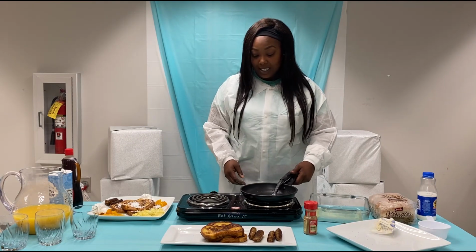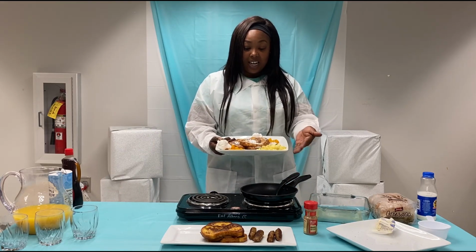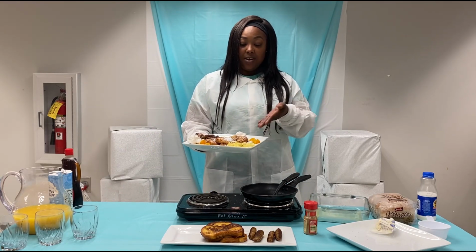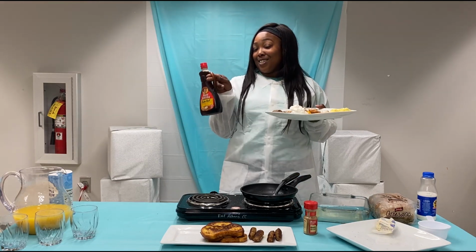This is our plate. Here we have our eggs, the peaches, the French toast, and the sausage, and some syrup,